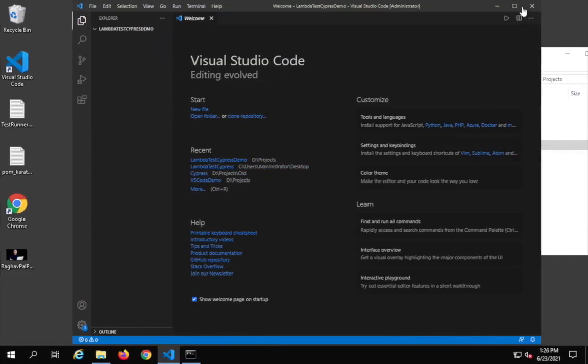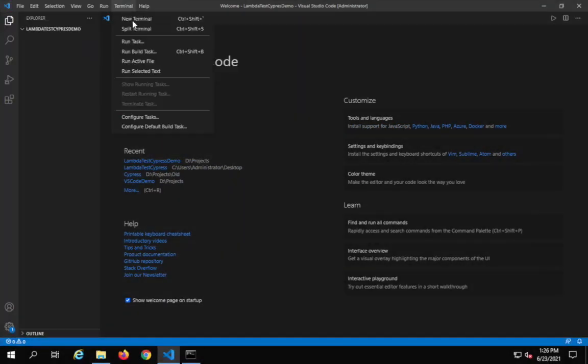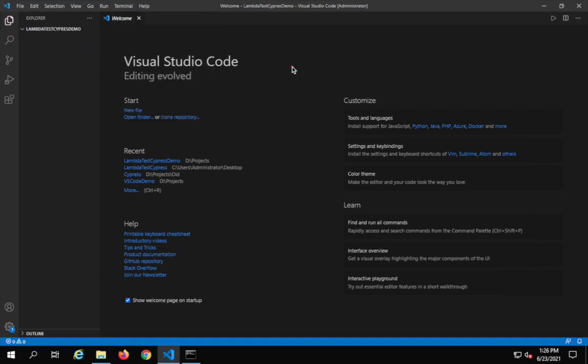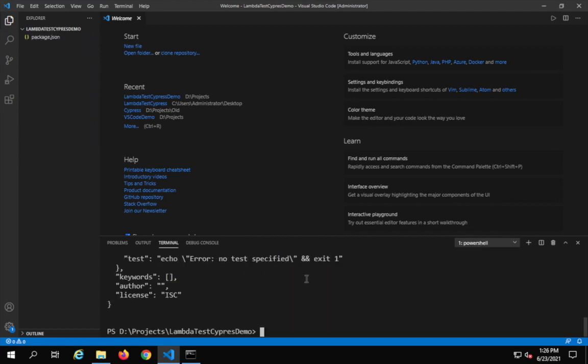So I will go and open the terminal. So here on my VS Code, you can go here to the top menu, and here is terminal, and you can say new terminal. You can also press control and backtick key. This is the key just below your escape key, and this will open terminal here. And now I will say here npm init -y. So this will initialize a node project, and it will also create a